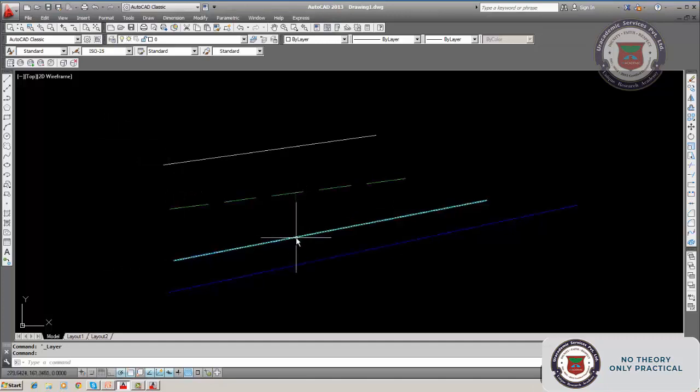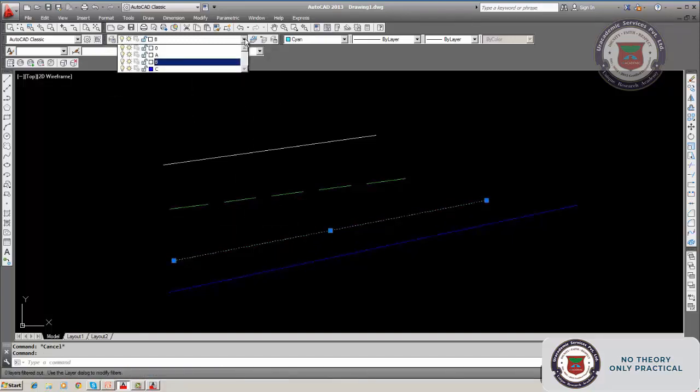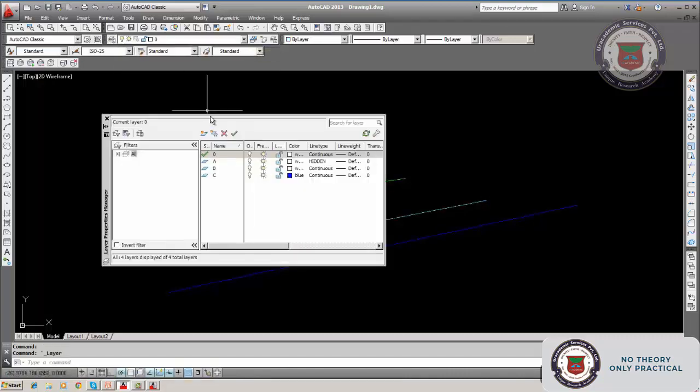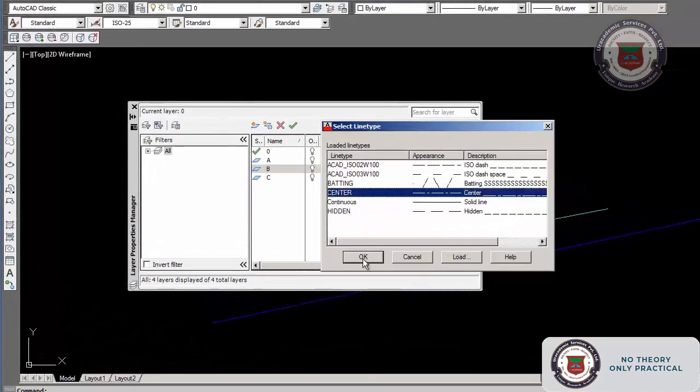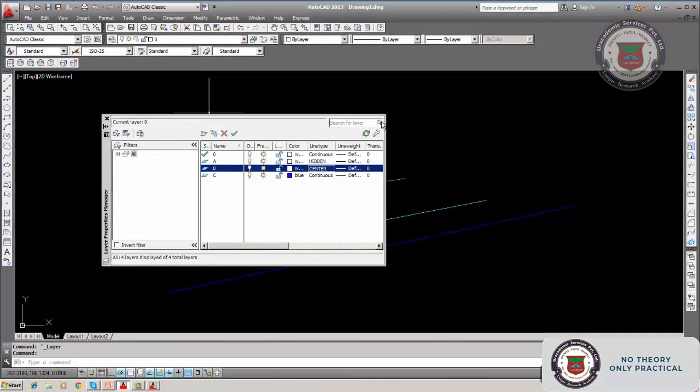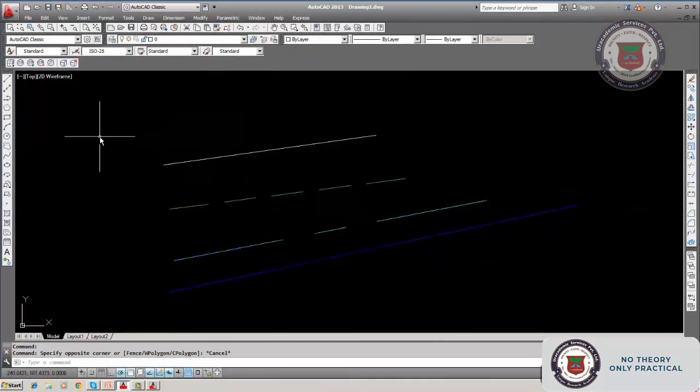And this we will make center. Click on this and click here. Oh, properties you have to click. Select the layer. You are selecting B. If you want to change it, make it center, click. Okay, so it is changed.